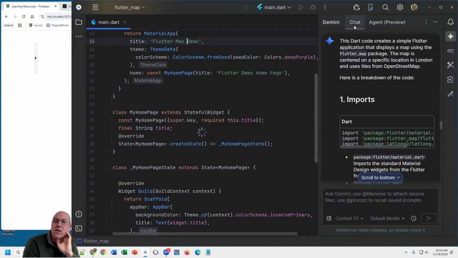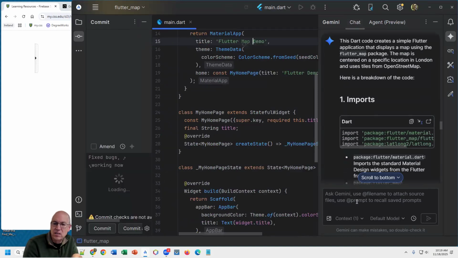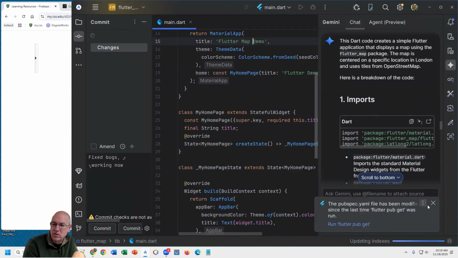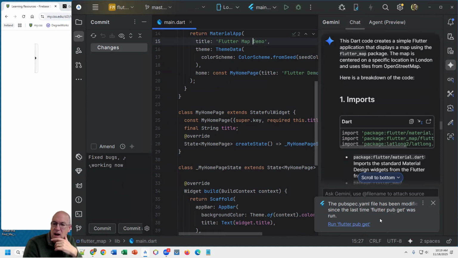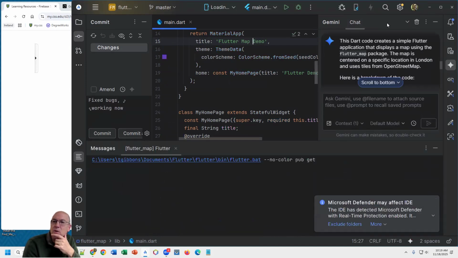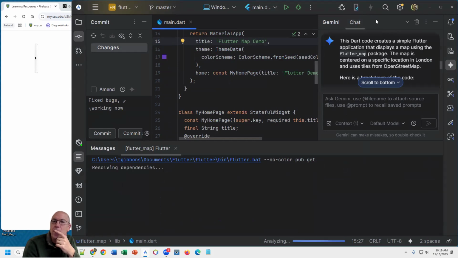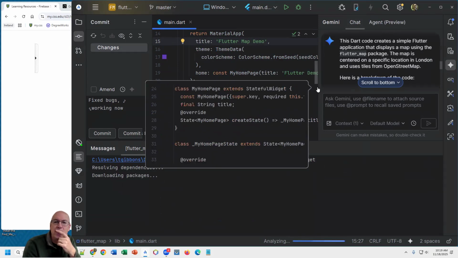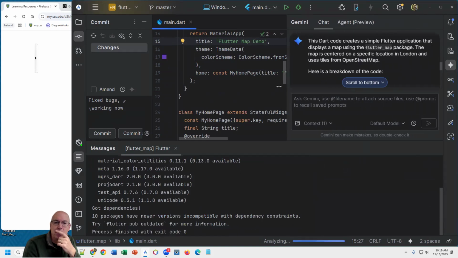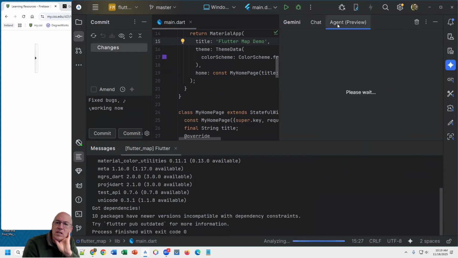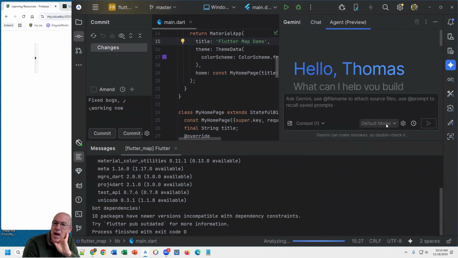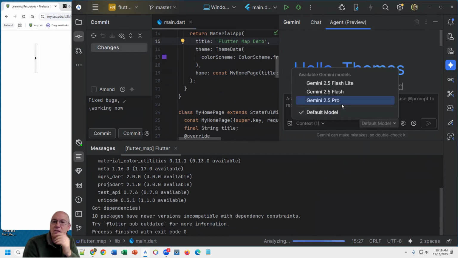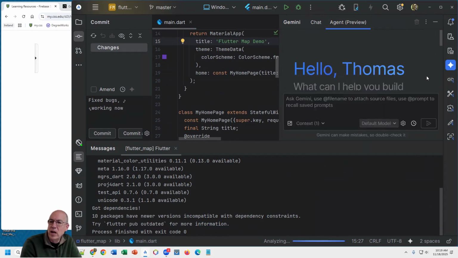So again, normally you're in chat mode where you're just typing in a prompt to get some answers or something like that. But you can switch it to now agent preview mode just disappeared. Oh yeah, here. Why is agent preview mode? I think because I'm still building this, but you can switch to agent preview mode. And so you can select what model you want to be going through. And also,